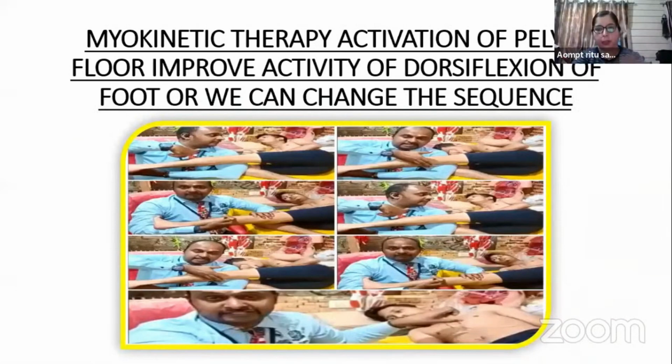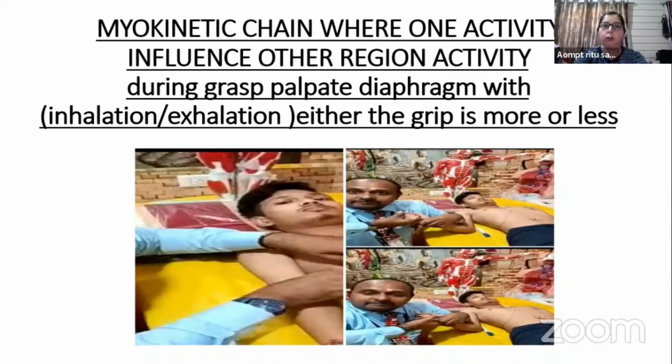So this is all. I am taking you through in a fast forward way how we are using this myokinetic therapy to improve the patient's one activity by improving the other activity. And also how the diaphragm, which is our stabilizer muscle, can influence even our upper extremity gripping activity with inhalation and exhalation. So giving stimulation to the diaphragm by exercises of inhalation and exhalation can influence